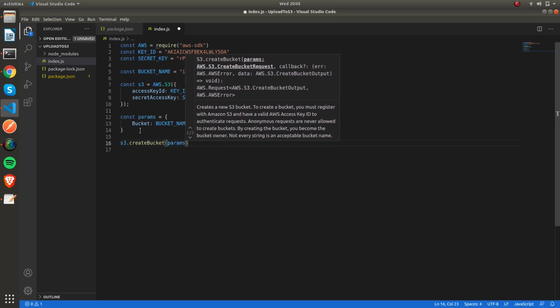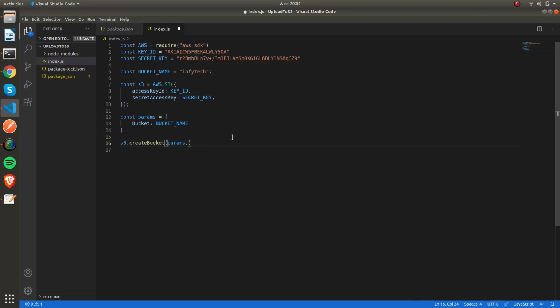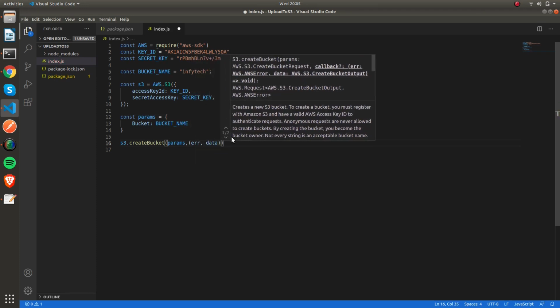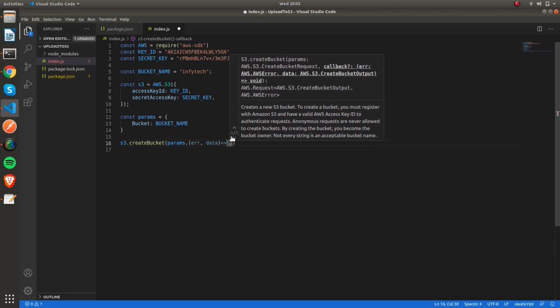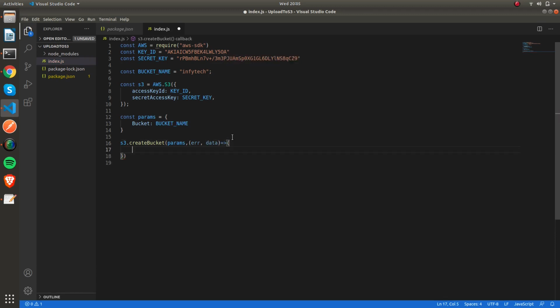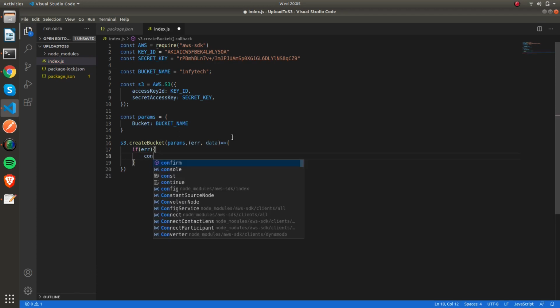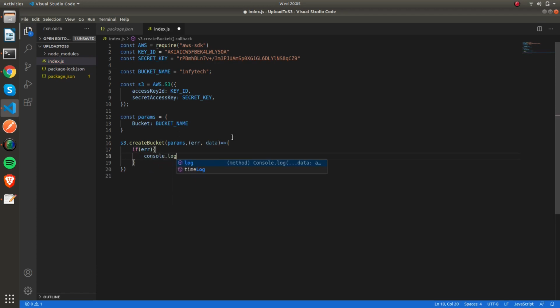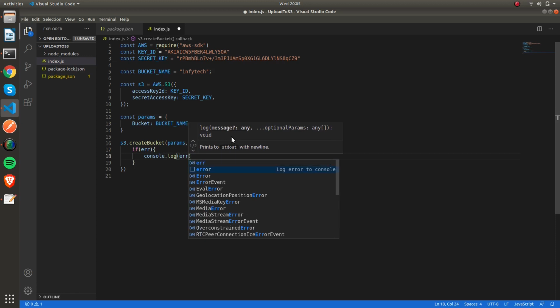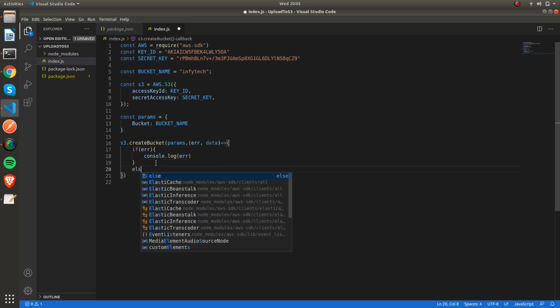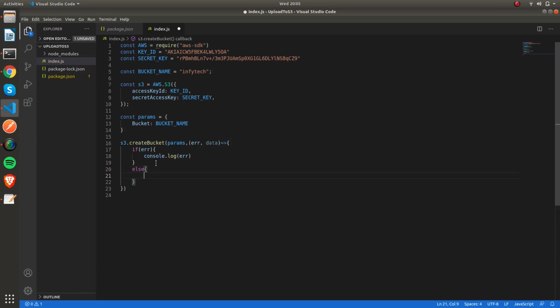In order to create the bucket, S3 requires some parameters to be passed. We will be getting a callback, and we may receive an error or we may receive the data as well. So let me handle this callback. If we receive any error, let's print that error onto the console, and if everything is fine, that means if the bucket is successfully created, let me handle that as well.